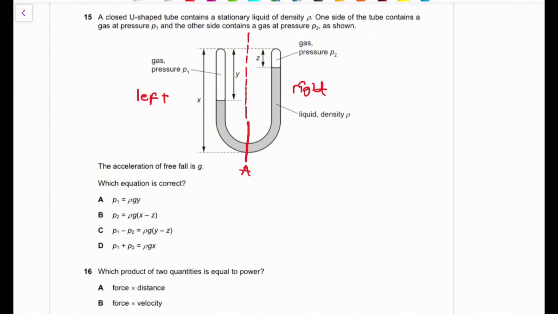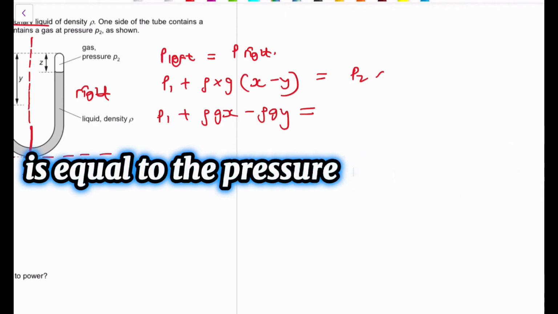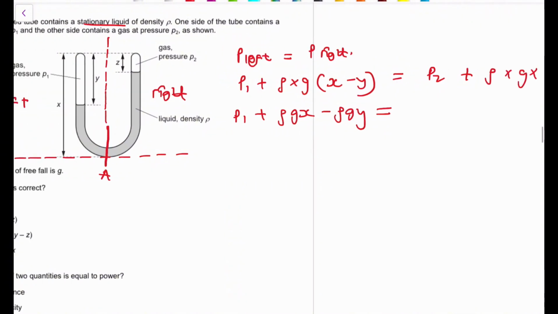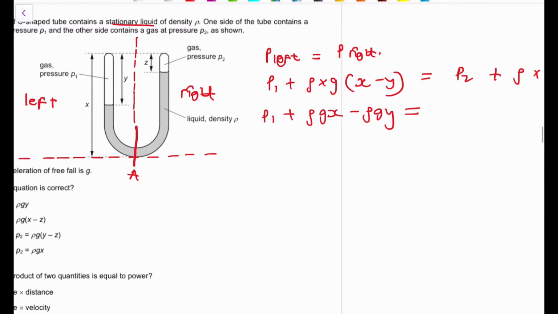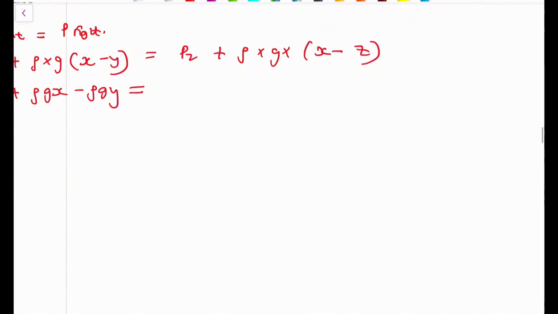Considering this point as our starting point, the pressure on the left, since it's in equilibrium, is P2 plus rho times g times the value of x. We no longer have x, so we have this particular height, which is x minus y minus z, sorry, it's here and here. So this is x minus z. I hope it's making sense. x minus z, so that's P2 plus rho gx